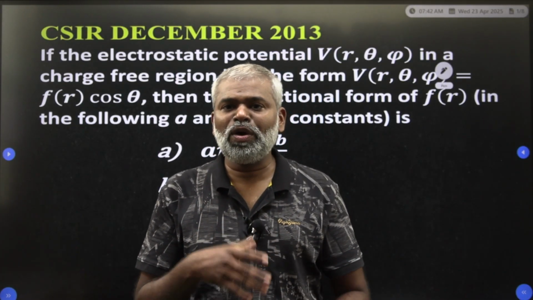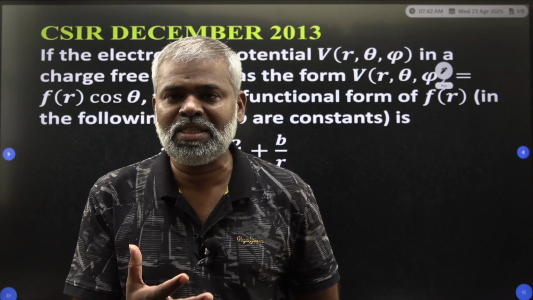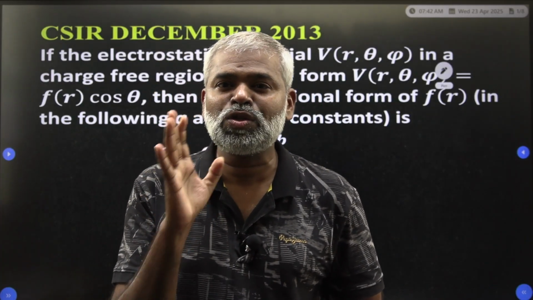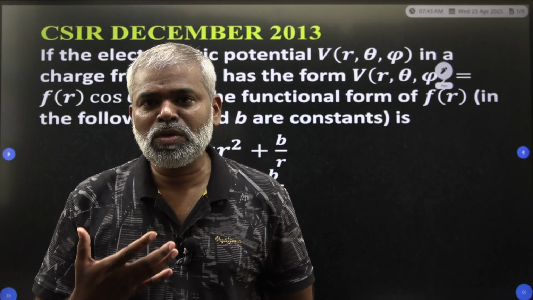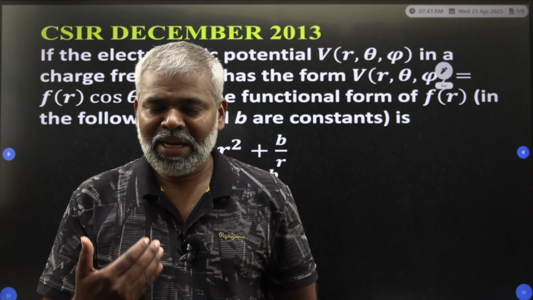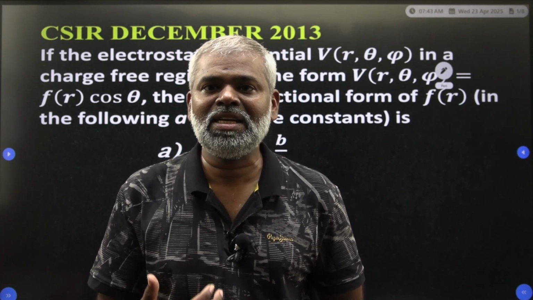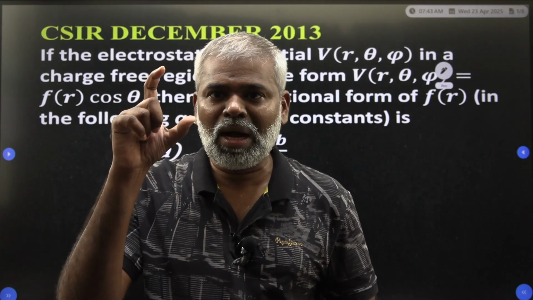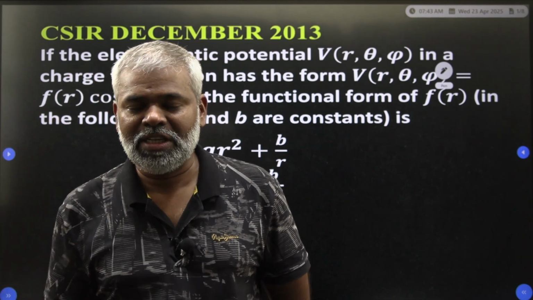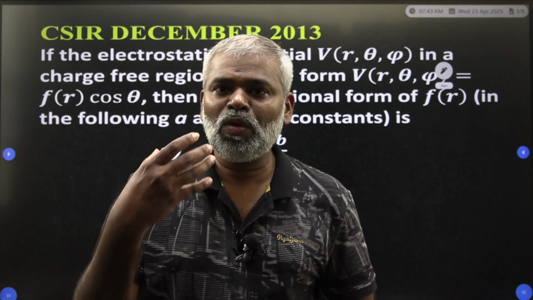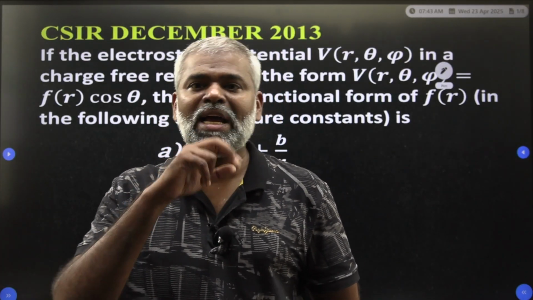In this video, we are going to discuss one more important question from electromagnetic theory. This question also belongs to the boundary value problem only. How do we have to solve the boundary value problem? In the last class, maybe yesterday's class, we discussed the boundary value problem under the cylindrical coordinate system, according to the one dimensional case. In this class, we are going to discuss a boundary value problem in the two dimensional